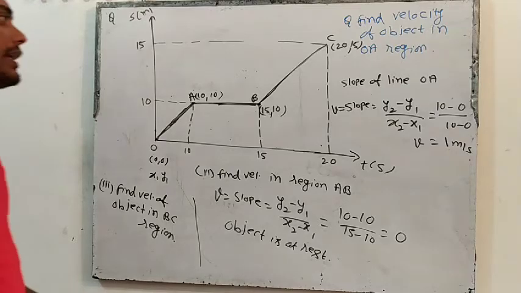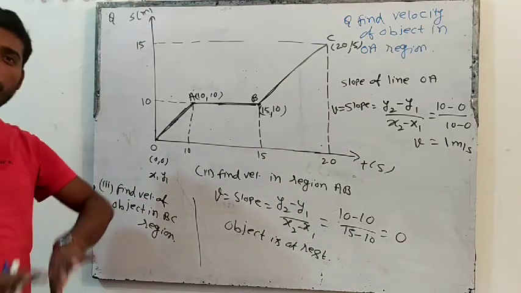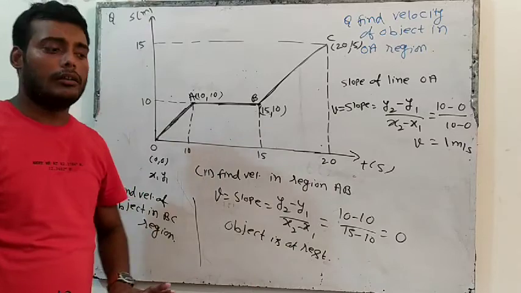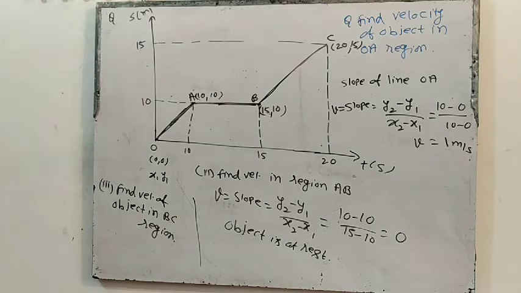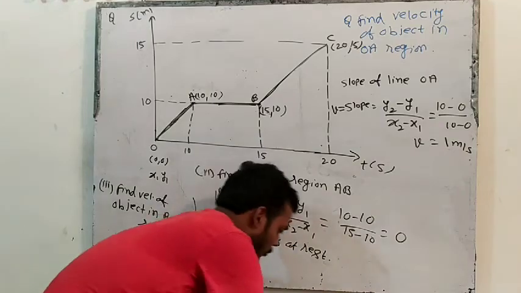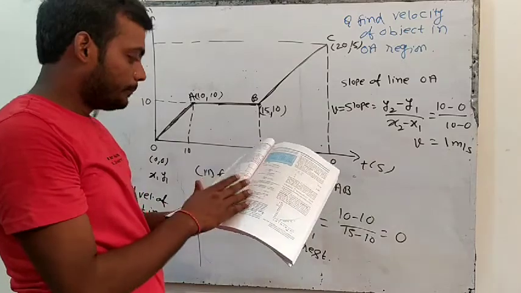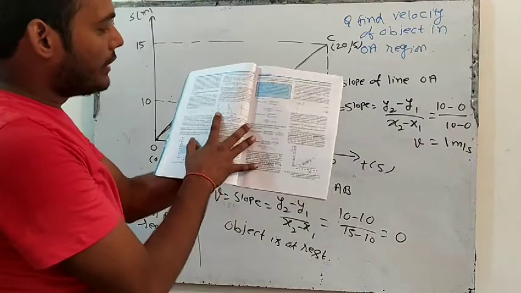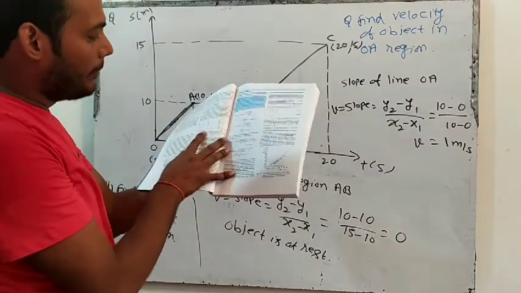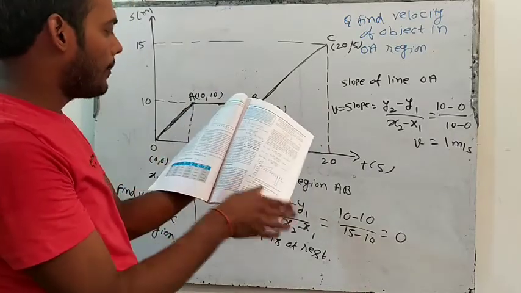Okay, then hope you have understood this lecture, that how we will deal with the graph. I have discussed graphs in detail. You can see in the NCERT book also, everything is there, and I hope you will understand everything from NCERT. In the NCERT book also graphs are given. If you can see, this is moving with positive velocity, in the xt graph moving with negative velocity, and then the object is at rest. These graphs I have also discussed.